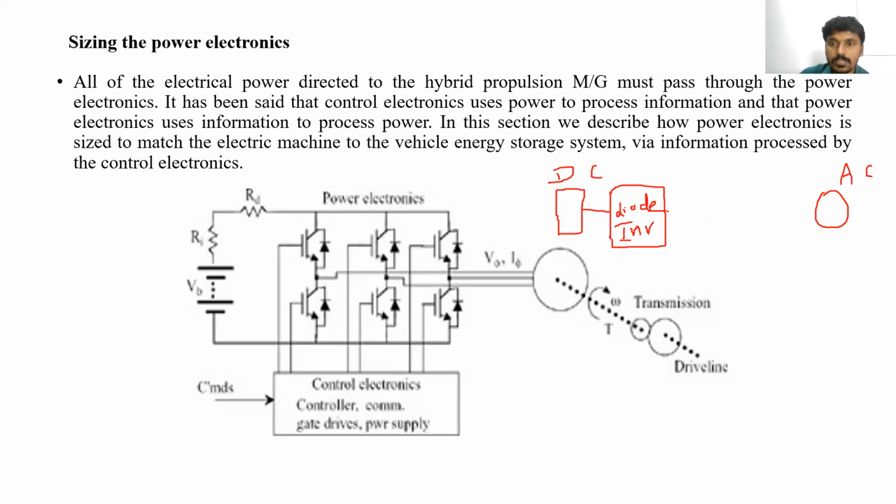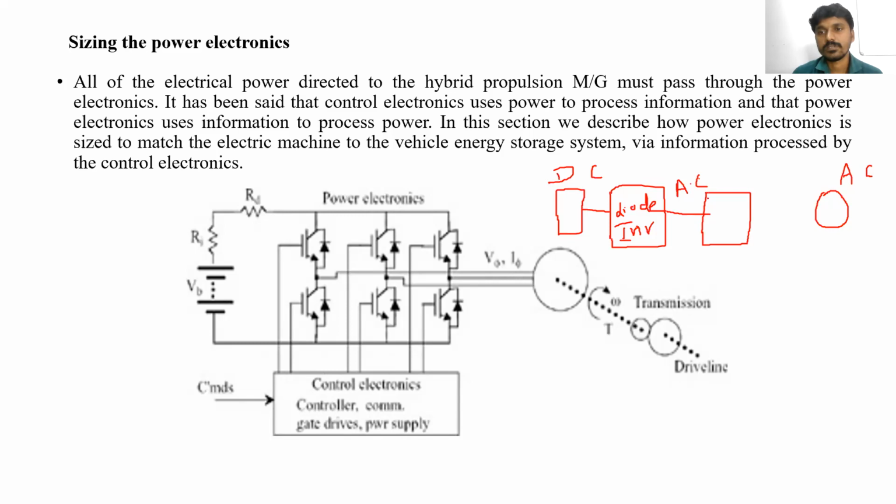And next, what output will you get from the inverter? You will get AC. We are getting AC as the output from the inverter, so it will convert from DC to AC. But here we are getting constant AC because the diode is an uncontrolled device. That's why it will only convert from DC to AC. It will not be able to control the voltage and current. So here we are getting only constant or fixed AC.